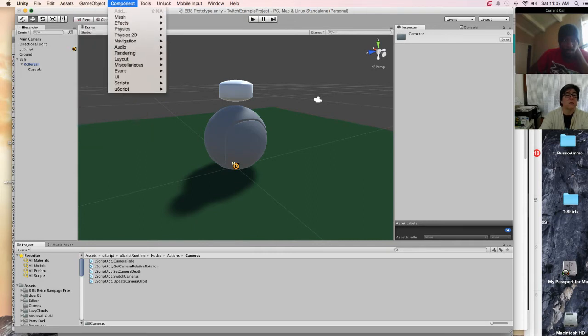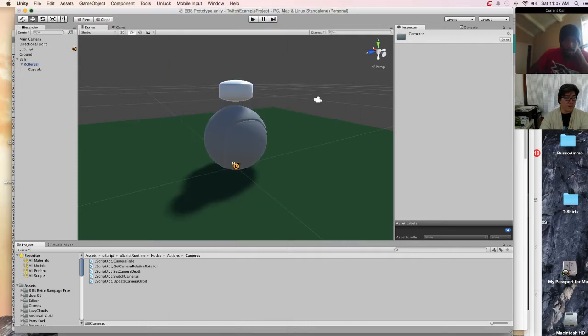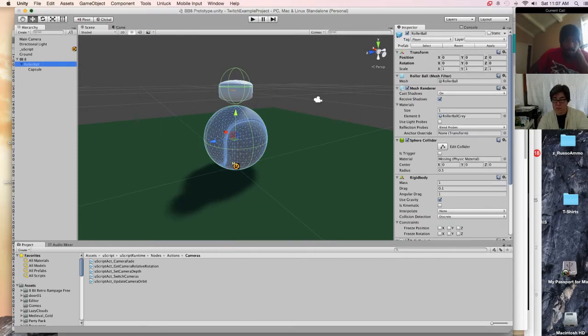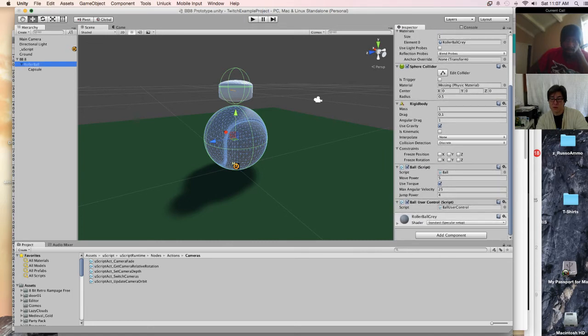Component. Scripts. Let's go look at the rollerball. Maybe I can define the camera here. I didn't actually look at it. Mesh render, collider, rigid body, ball script, user ball control. Oh, it's looking for the main camera, right?